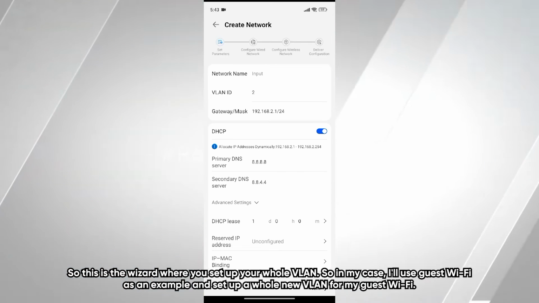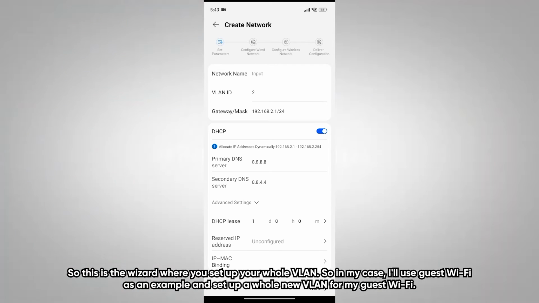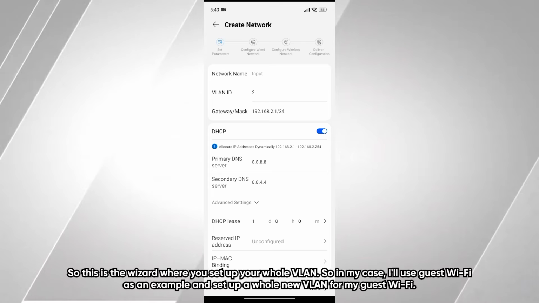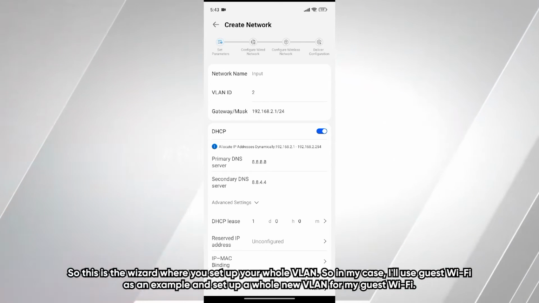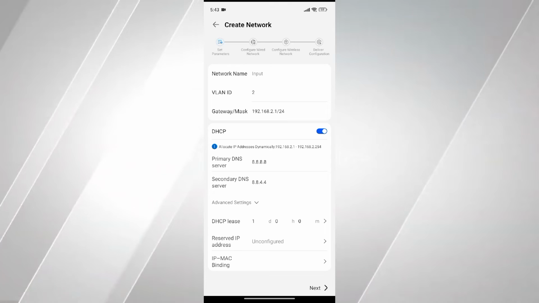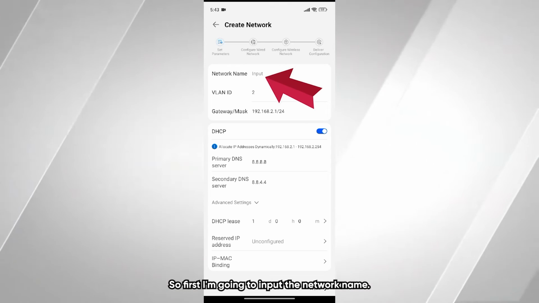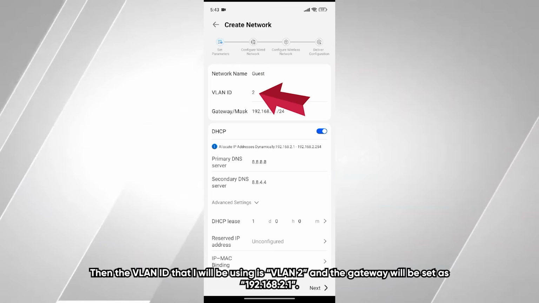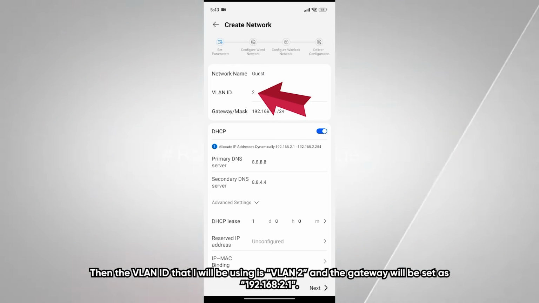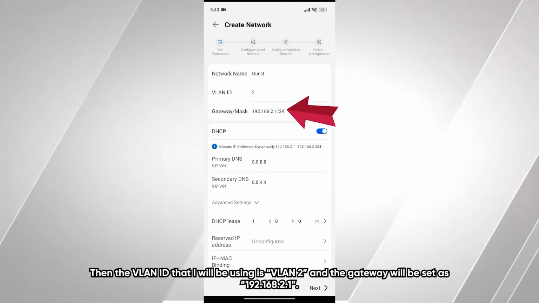This is the wizard where you set up your whole VLAN. In my case, I'll use guest Wi-Fi as an example and set up a whole new VLAN for it. First, I input the network name. Then the VLAN ID I'll be using is VLAN 2,